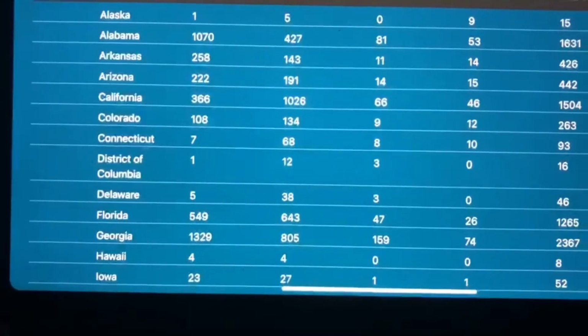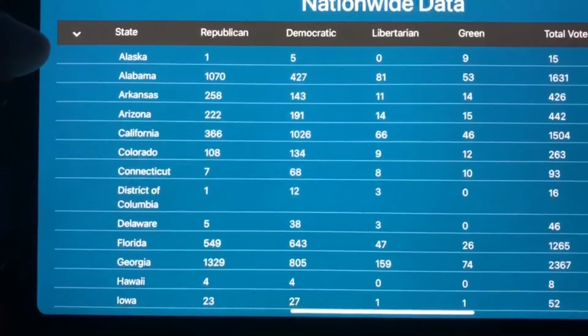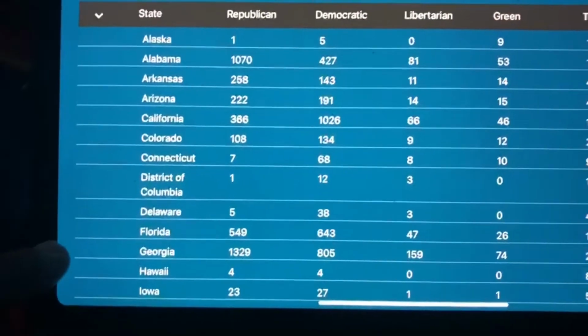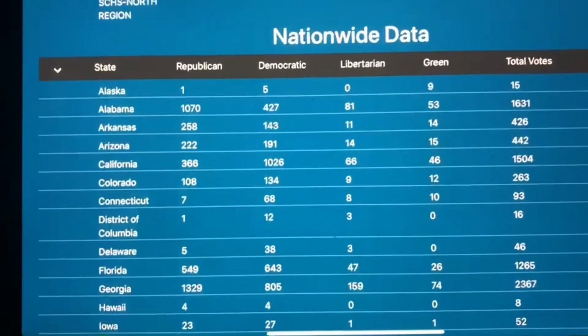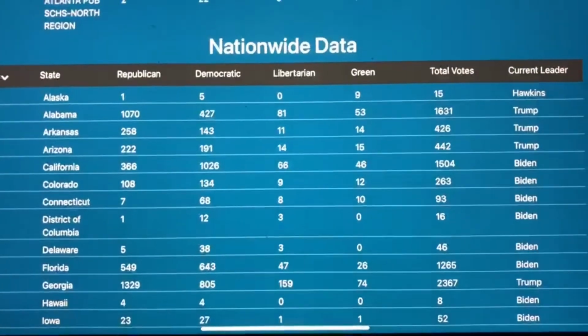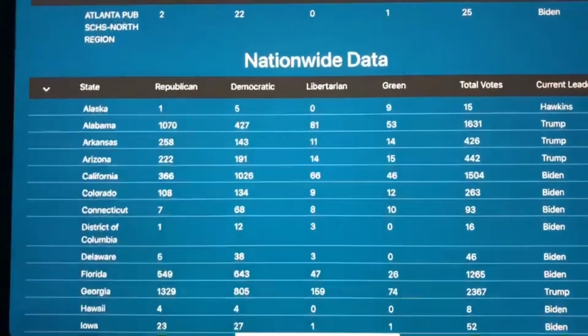Then you can go down here, and this is categorized by the states, and you can see how other students across the United States are voting and how their votes stack up. Remember, every vote